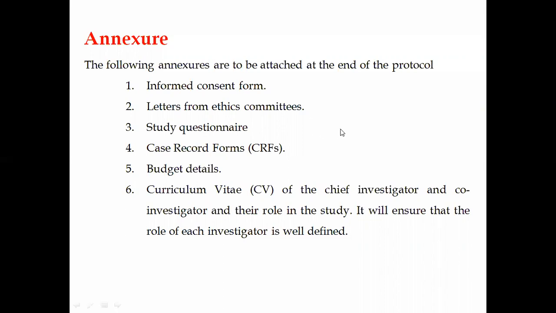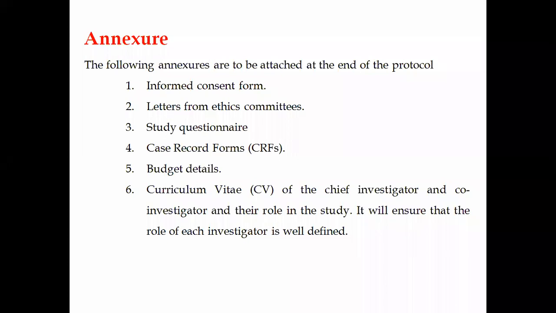You need to submit the informed consent form, the letter from the ethics committee stating which ethical committee has given approval so your study can proceed, and the study questionnaire, if there is one for your research.